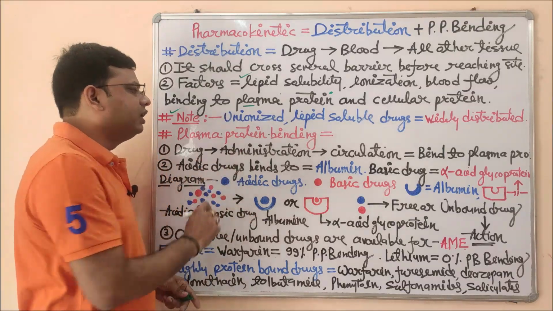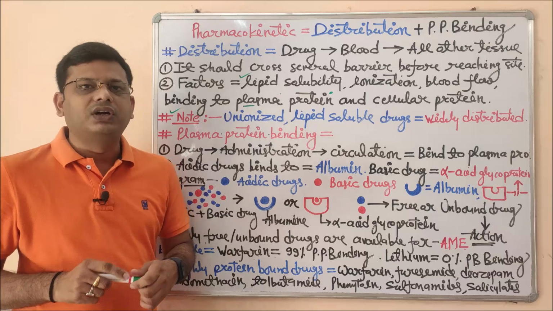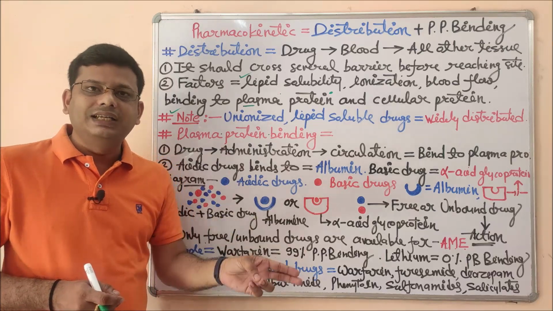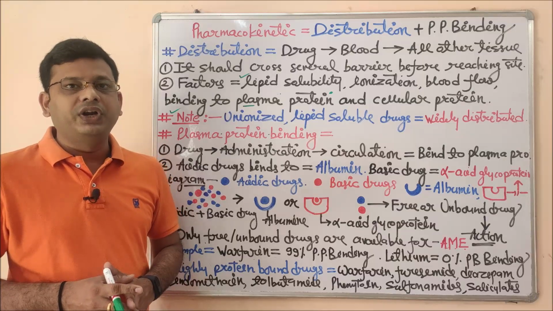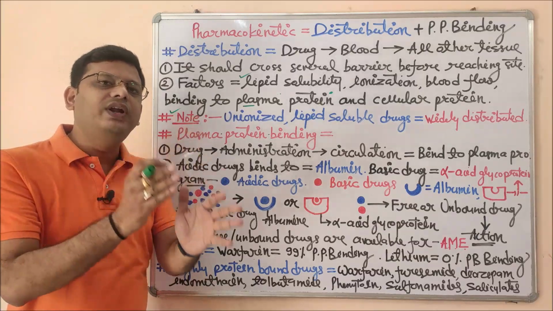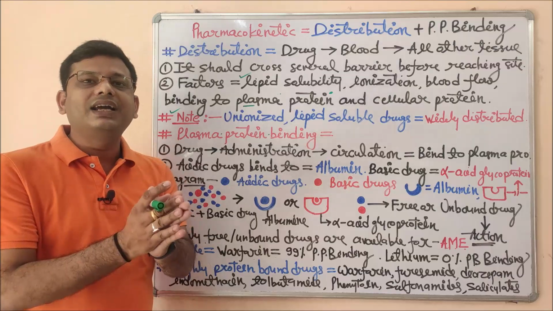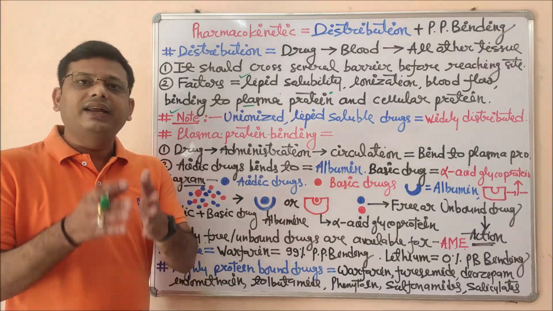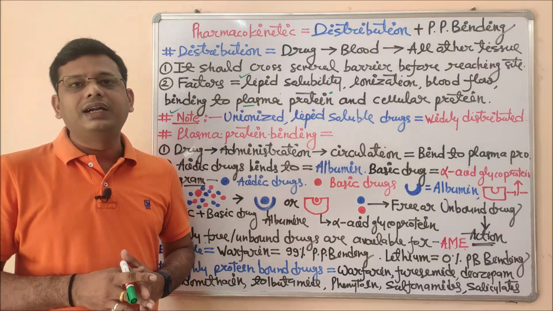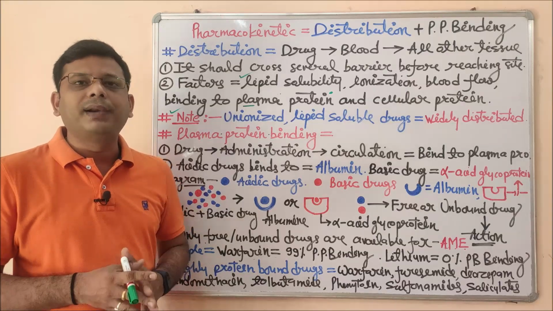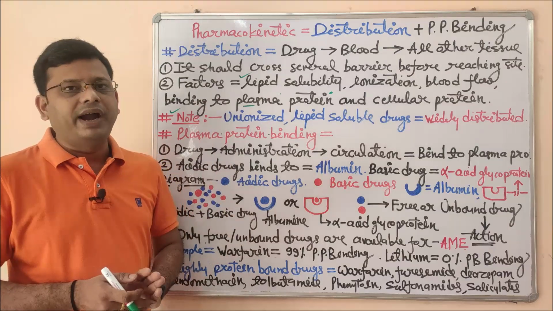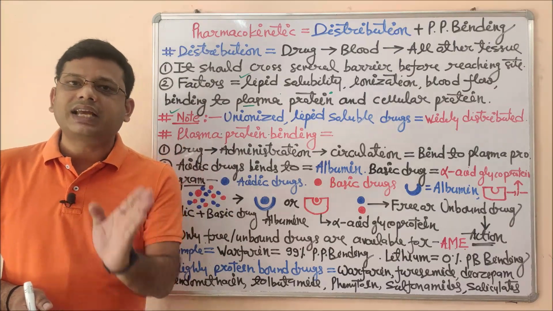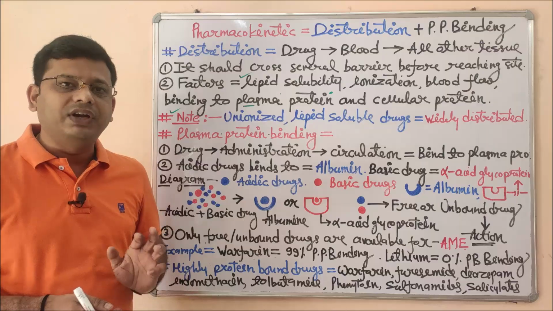So whenever we give a drug, according to the nature and property of the drug, a few drugs depending upon their acidic or basic nature will get bound with different types of plasma protein. And if the drug is bound with the plasma protein, that drug is not free for movement. And if the drug is not free, how can that drug produce its effect? That is called plasma protein binding. That means if the drug has higher plasma protein binding, its availability will be less and its effect will be less for that particular time interval.